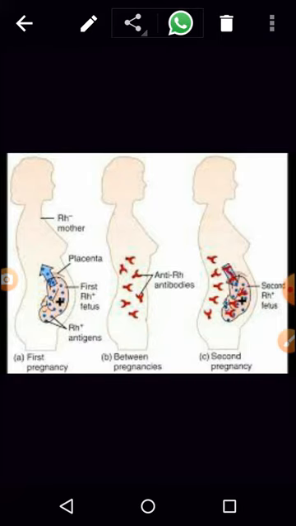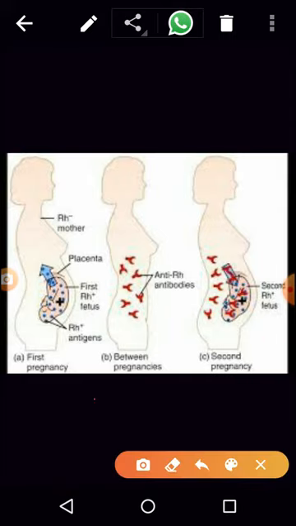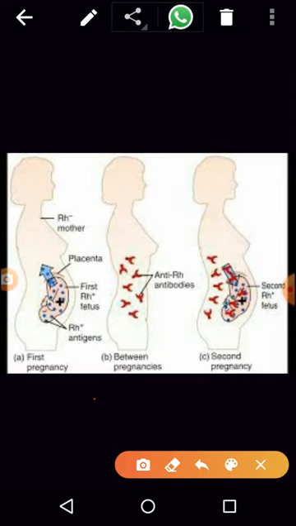Similarly, if the person is blood group A positive, what does it mean? The person has A antigen and D antigen on the RBC. If a person is A negative, that means the person has A antigen on the RBC surface but